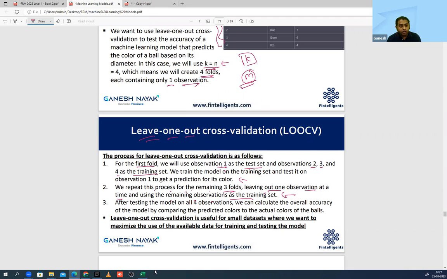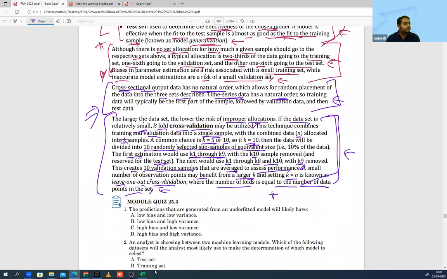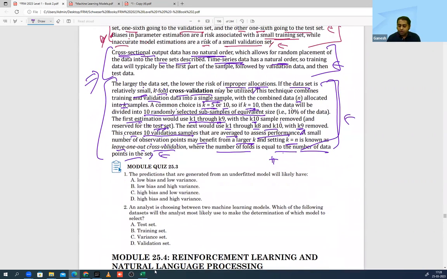When you are done for all the observations, we will take the average. Generally, we take the average of the validation results of all of the models, and that will become the accuracy of the model. So this basically helps you use the minimum 4 data points properly, to do the training and also the validation. Again, remember why we are doing it: because we have a very small number of data points to do the training, validation and testing. All good? I hope everyone is now understanding what is happening. If it is clear, let me know.